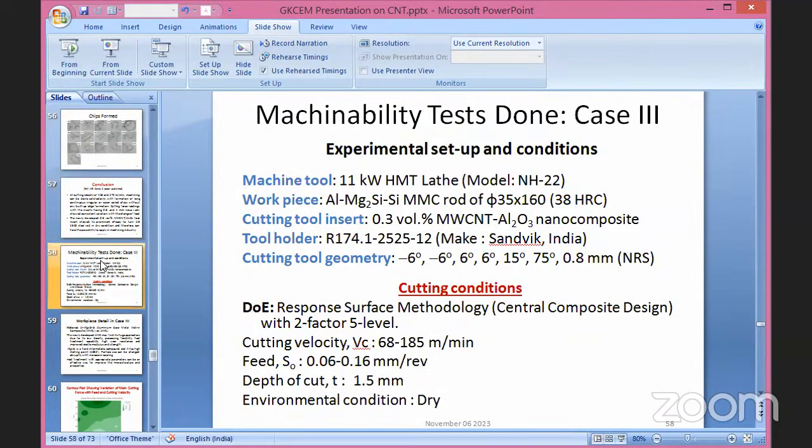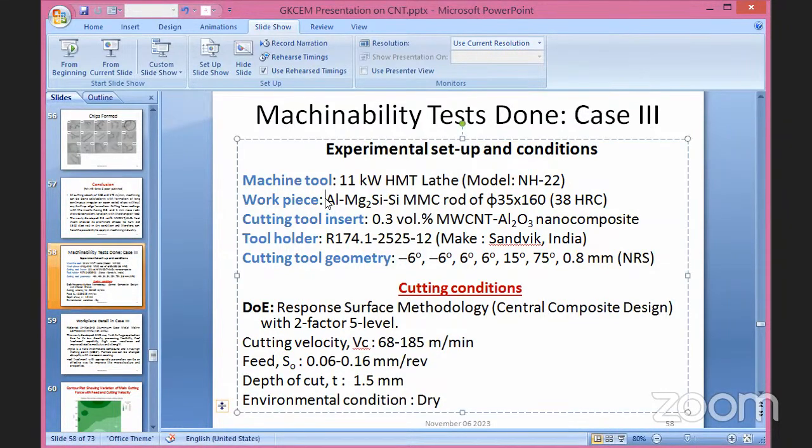So this is an interesting result. I will not show this result much because we have not yet published. The work is going on. Here, multi-walled carbon nanotube based alumina nanocomposite is used as the cutting tool, and the workpiece material here again